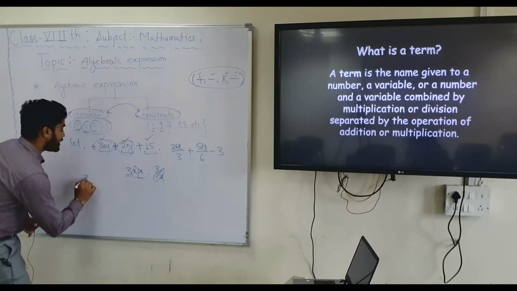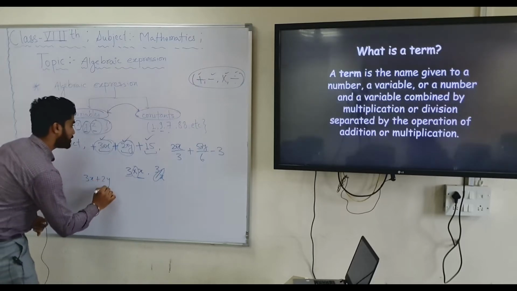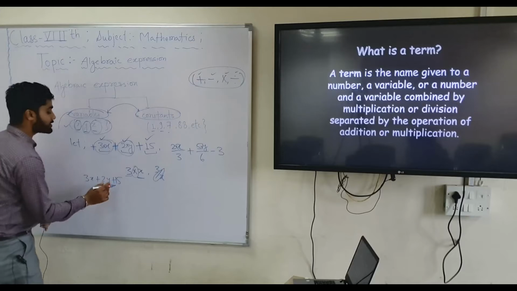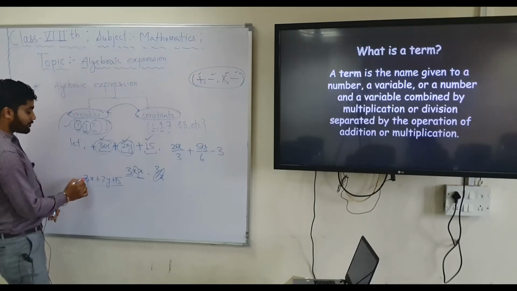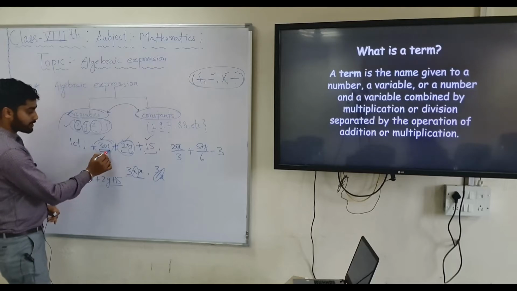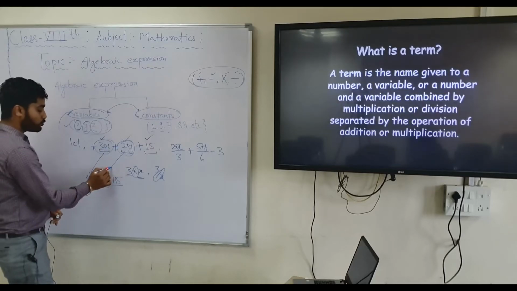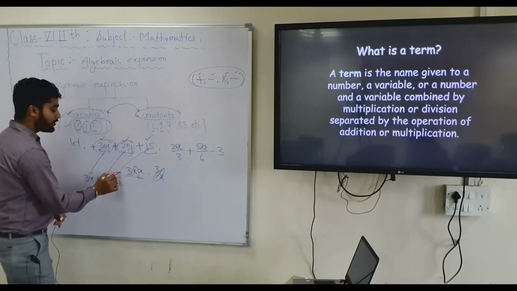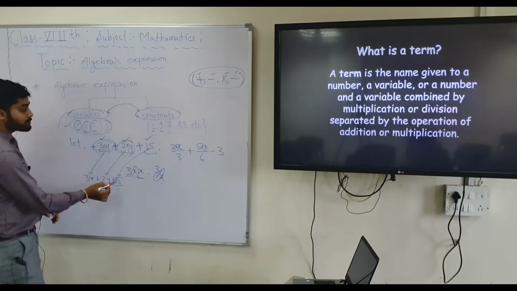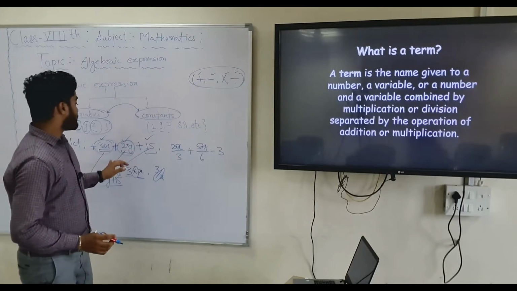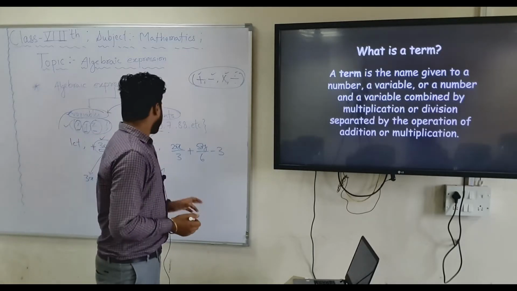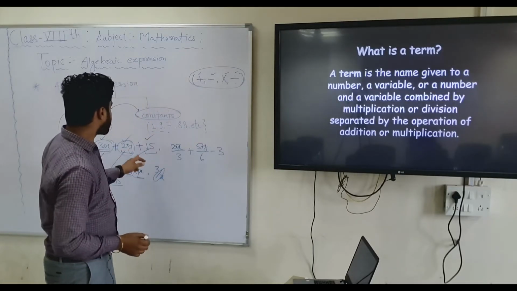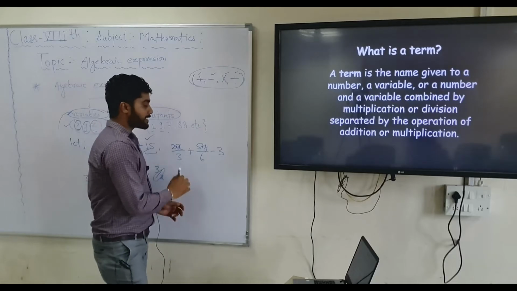See, 3x plus 2y plus 15, this is the example we are talking about. In this example 3x is 3 multiplied by x, which I already wrote here. Again 2y means 2 into y, and 15 is single, that means 3 terms are there. So all 3 terms are combined with each other. Okay, so there are 3 terms in this expression, and again 3 terms in this expression.